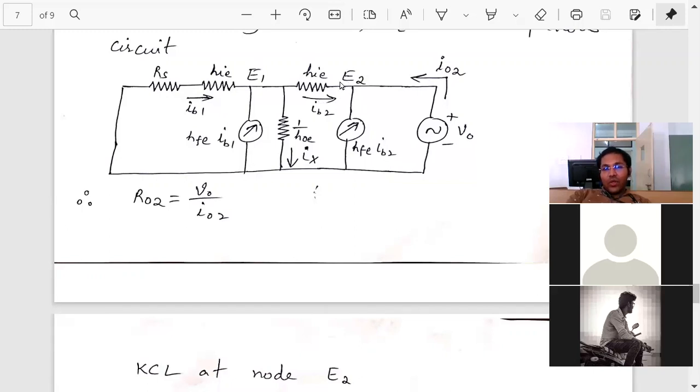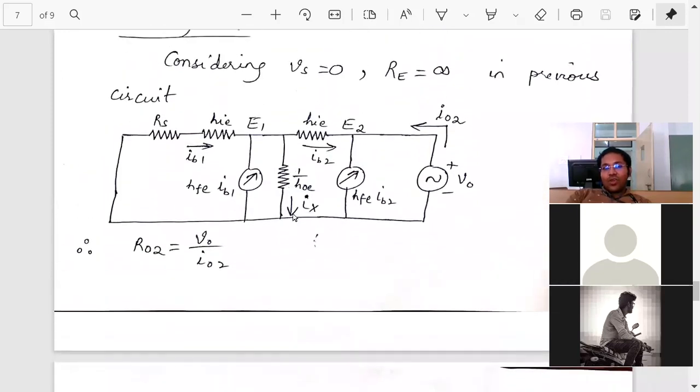I will get I02 in terms of IB2, but now I don't know what IB2 is. So next I have to go to another KCL. Here, if I apply KCL, we will get IB1, IX, IB2. Now one more additional variable, IX, we have to eliminate. So first we will write different equations, and slowly we will eliminate this IX. Then we will have three variables, IB1, IB2, I0. Slowly we will eliminate IB2, IB1.